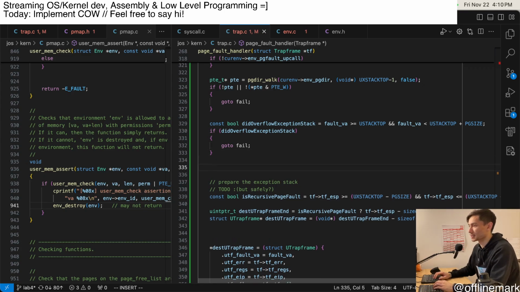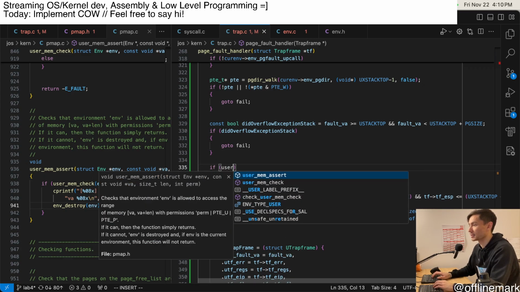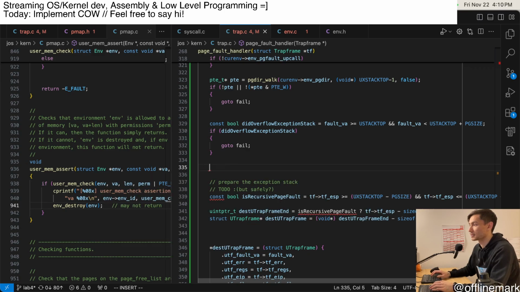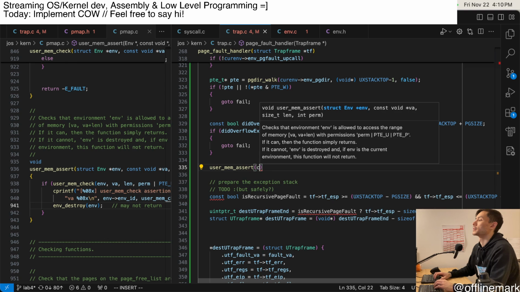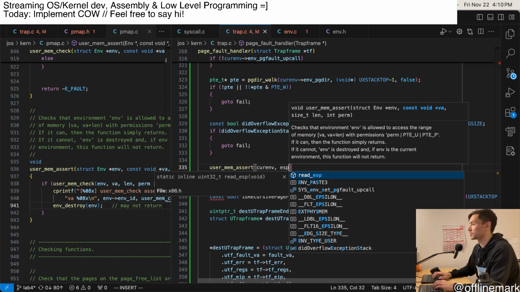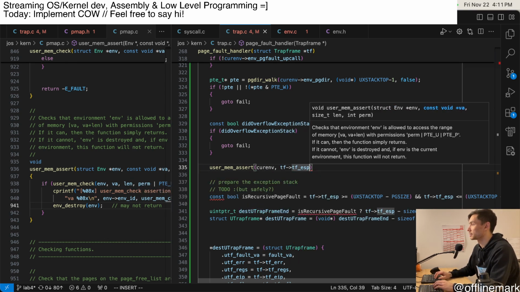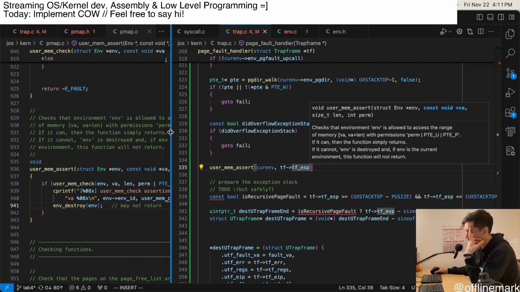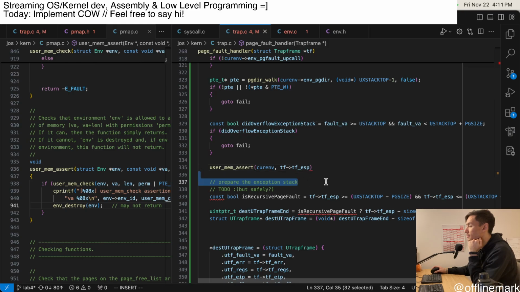And so maybe some kind of other check, like user_mem_assert on curenv, tf_esp. Right, so this is some kind of region of memory. And so we've already checked